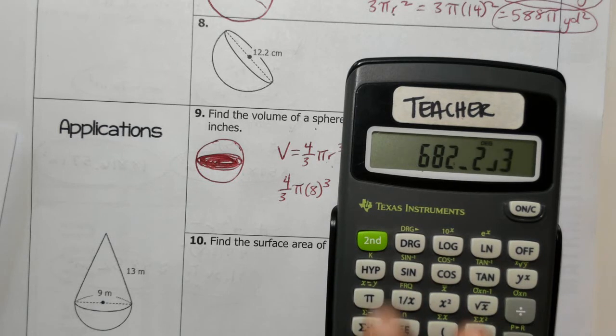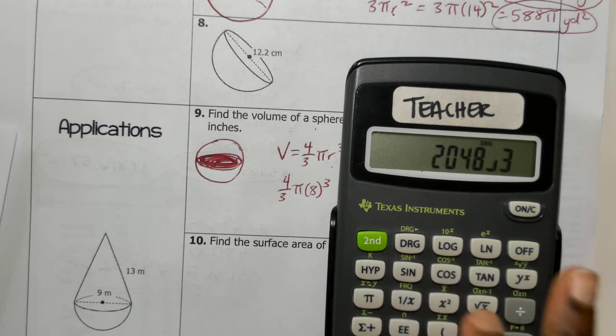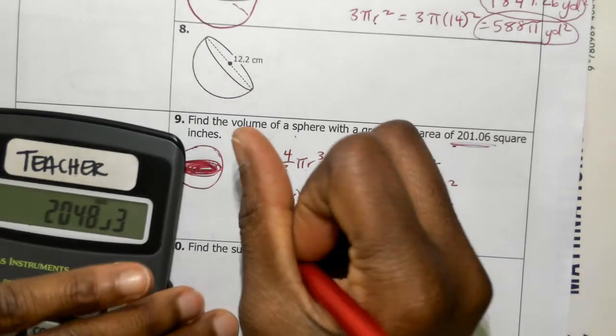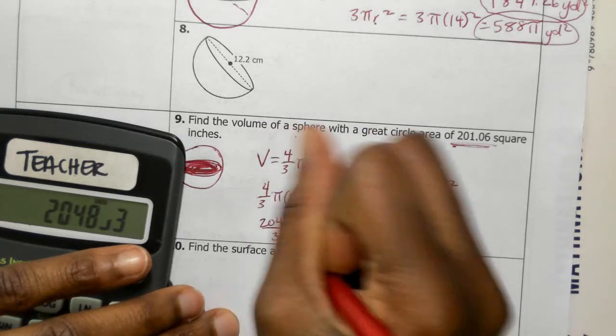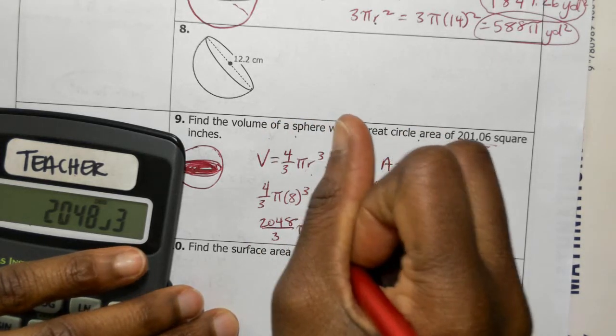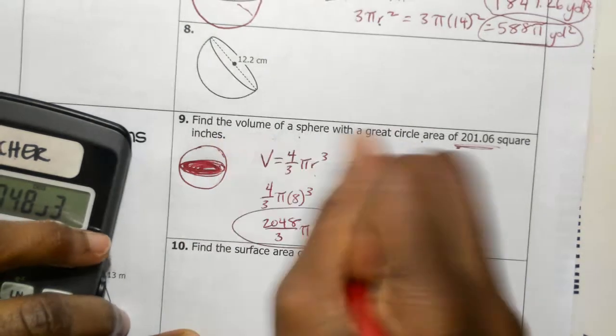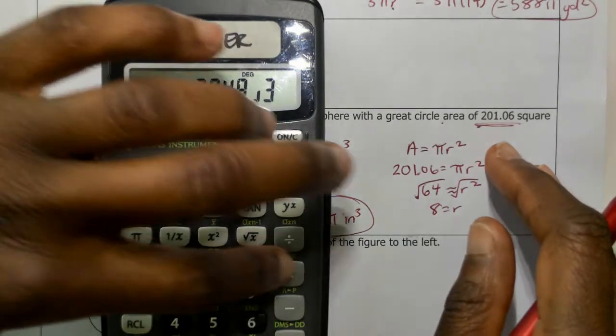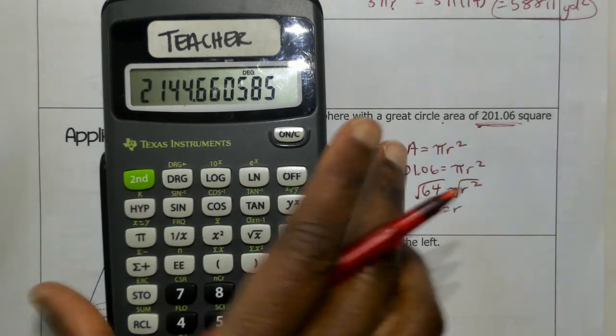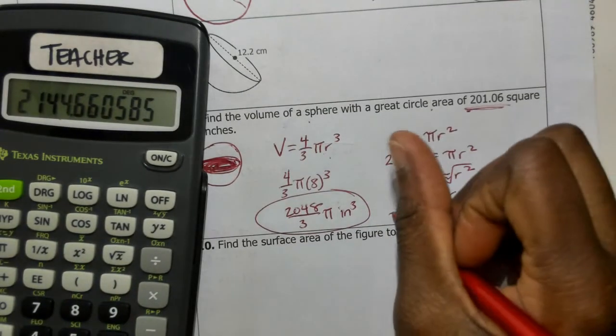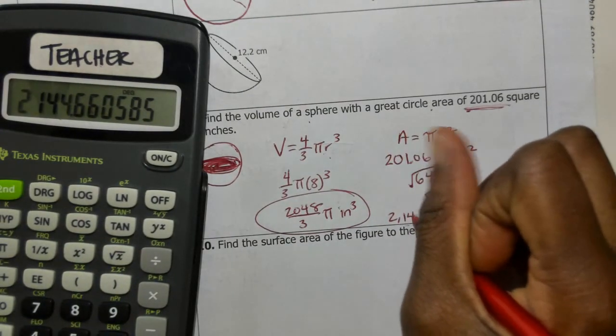So if I hit second arrow and second ABC, it's 2048/3 in terms of pi. And this was in inches. Okay, and then timesing it by pi. In to the nearest tenth, it's going to be